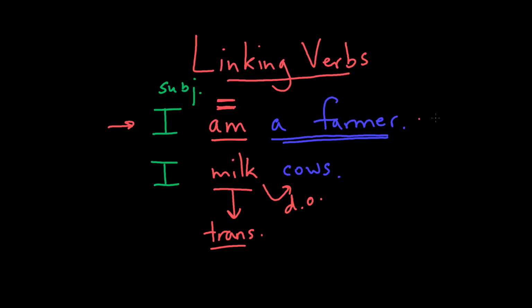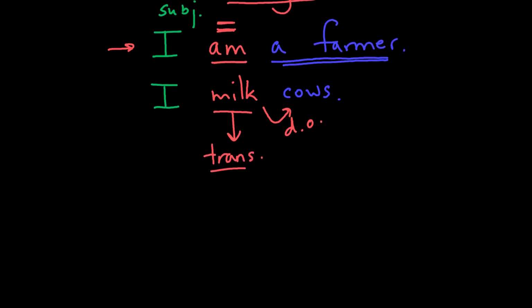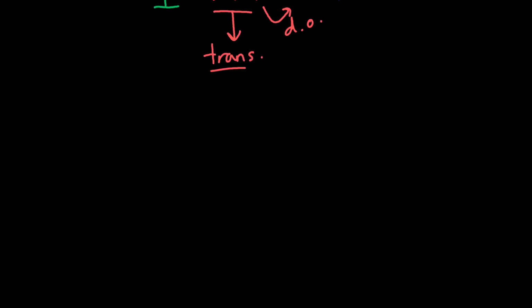So first of all, let's actually just make a list of some common linking verbs here. And linking verbs tend to fall into a number of different categories. So first of all, one category is the verb to be. And we can come up with a number of examples here. So the verb to be would be things like I am, she is, we are, okay, I was, and so